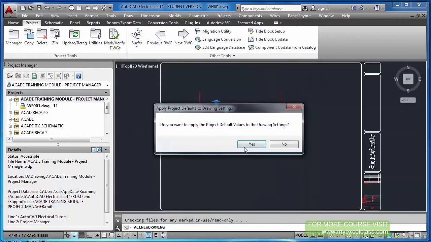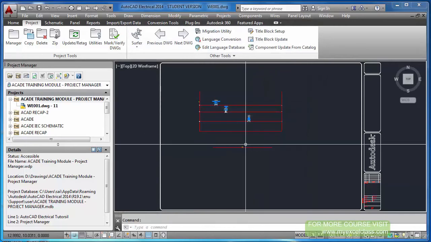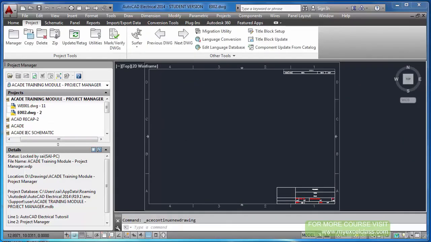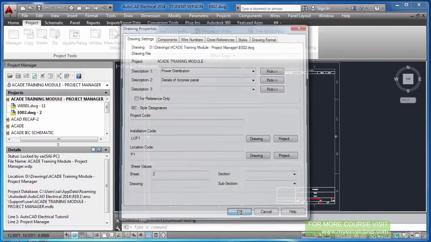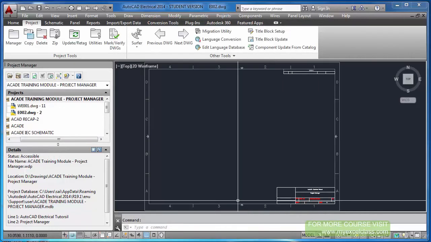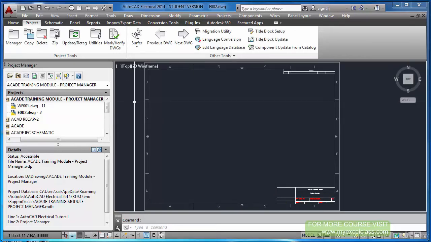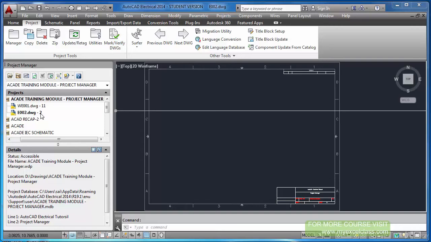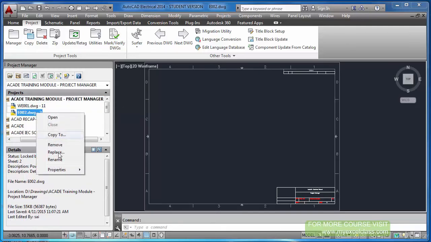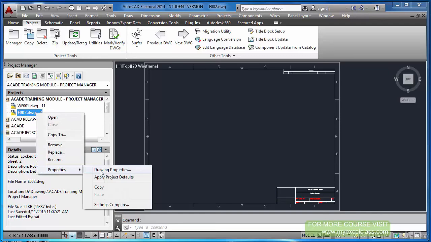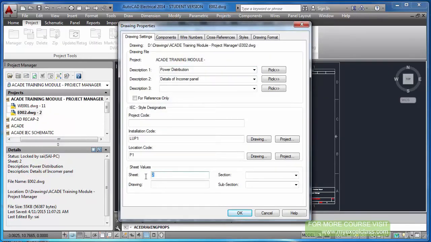Okay, properties. Do you want to apply it? Yes. Now, okay, this is my new drawing E002. And in fact these two, the last two, what is this? And this last 11, what is this? If you click this project, right click, properties, drawing properties, this is that value 2.